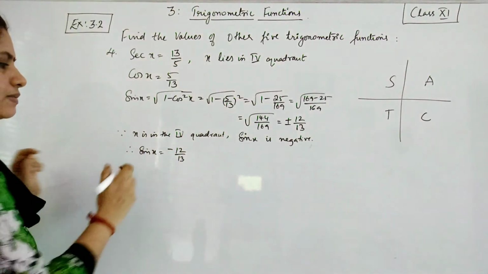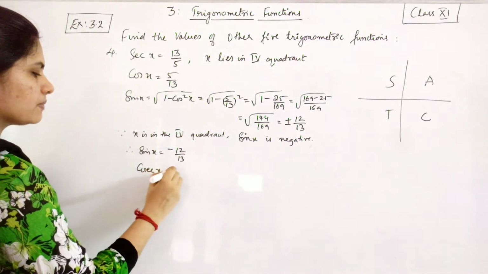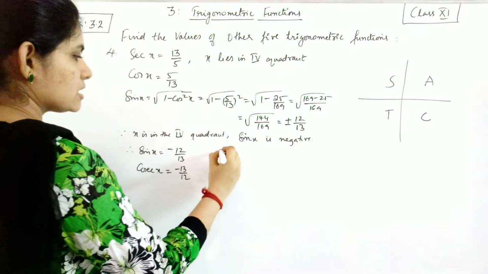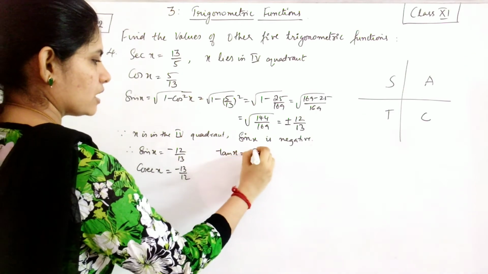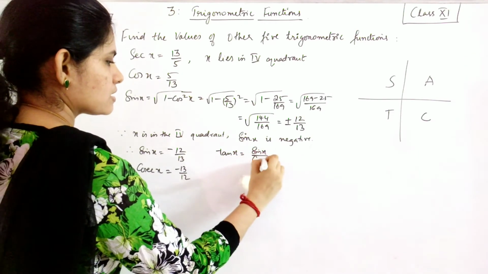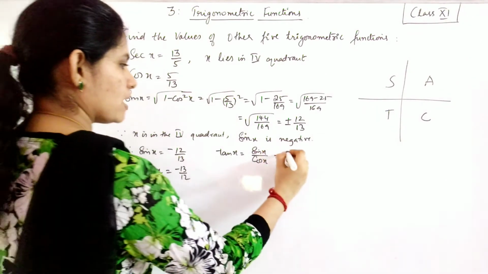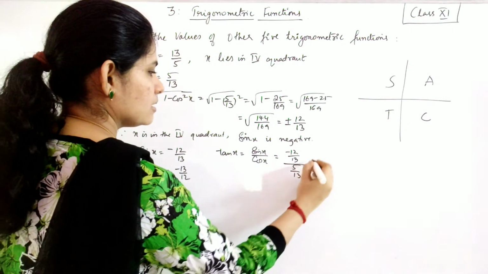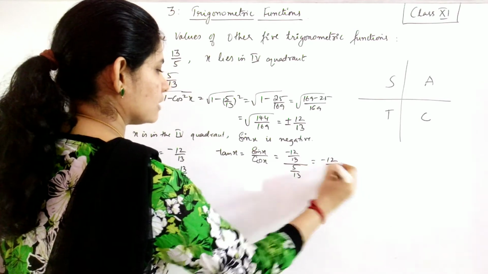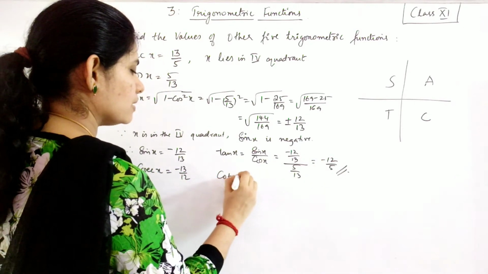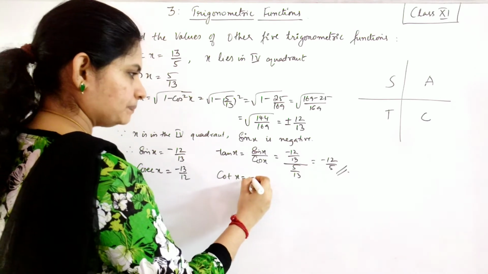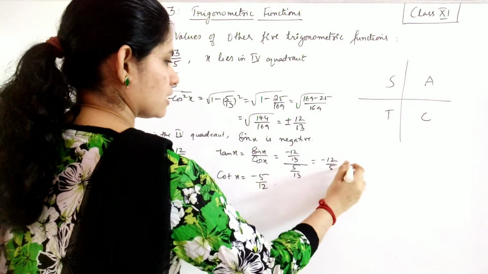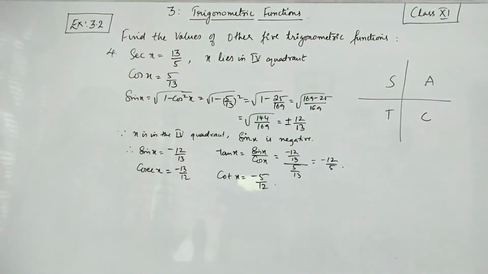Now, since sin x is minus 12 by 13, you will get cosec x to be minus 13 by 12, the reciprocal of sin x. Then what do you need? Tan. For tan x, again you can use sin x by cos x. What is sin x? Minus 12 by 13, and what is cos x? 5 by 13. So you will get minus 12 by 5 as your tan, and your cot will be the reciprocal of tan, which is minus 5 by 12. So these are your 5 trigonometric functions.